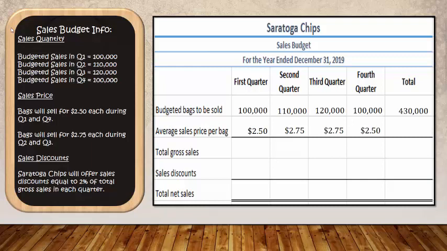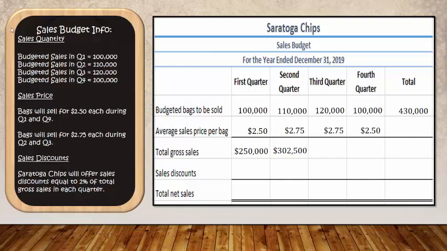To figure out our total gross sales, we simply take the budgeted bags to be sold and we multiply it by our average sales price per bag. So for the first quarter, we take the 100,000 bags that we expect to sell, we multiply it by $2.50, and we figure out that our total gross sales is going to be $250,000. We do the same thing for every other quarter. So during the second quarter, we take 110,000 bags to be sold. We multiply that by our $2.75 average sales price per bag, and we expect to generate total gross sales of